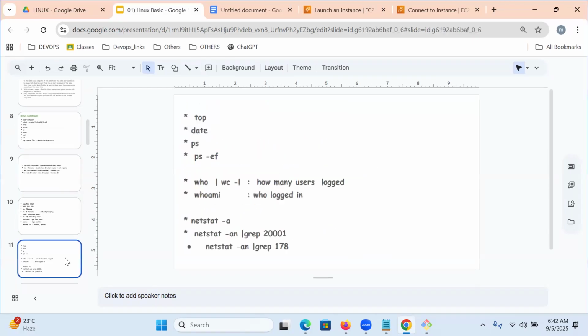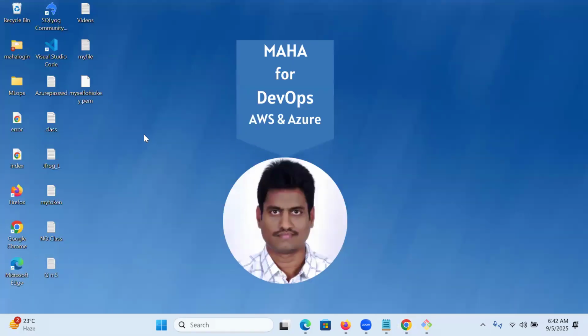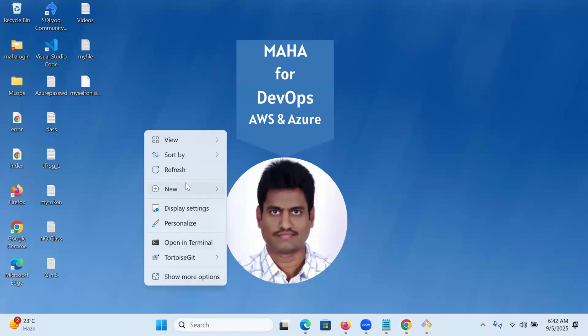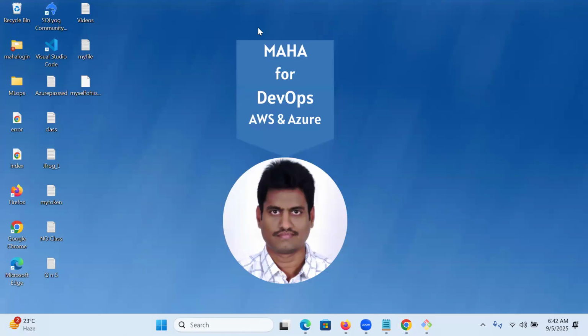First, let me show how to create a folder in the Windows environment. New. What is the folder name?